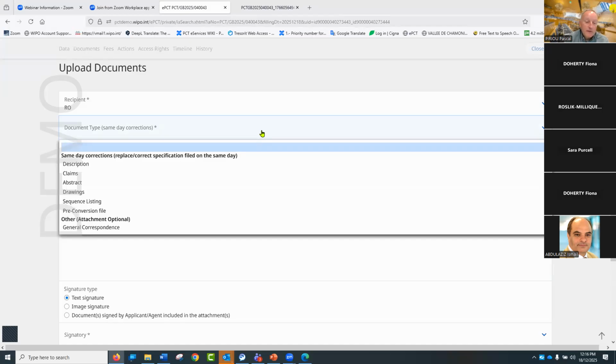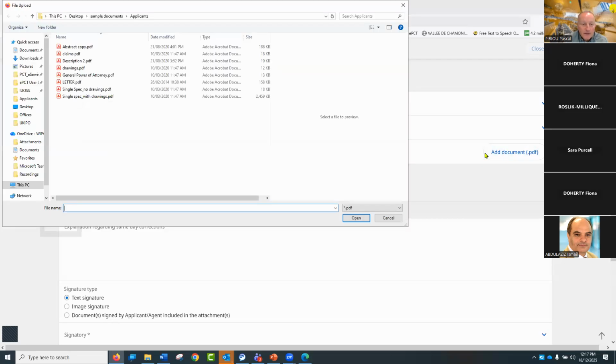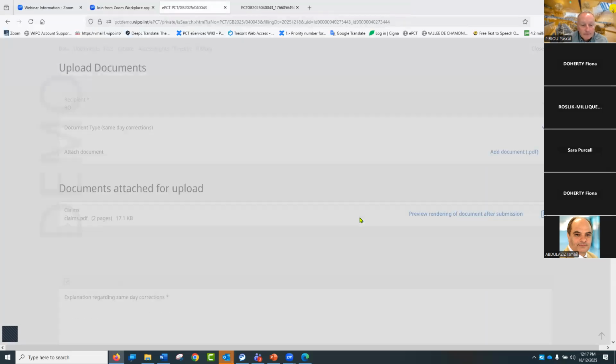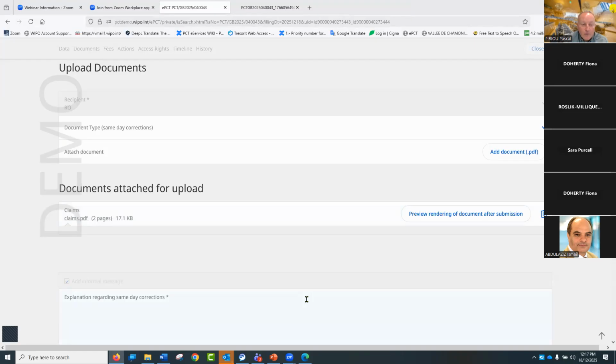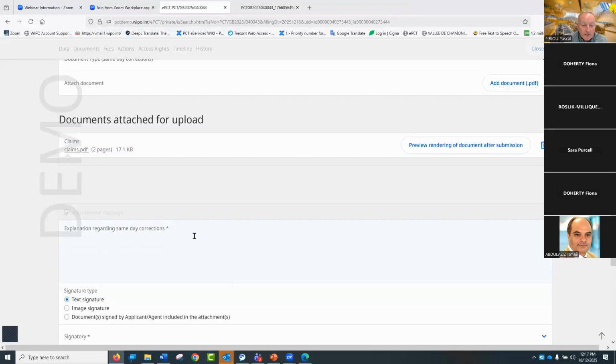And again, it will apply only to documents which will affect the international filing date. So meaning the description, claims, abstract, drawings, sequence listing, and pre-conversion file. So then I will select claims. I will add my new set of claims. And then it's mandatory to indicate why you are uploading a new set of claims, because the receiving office cannot